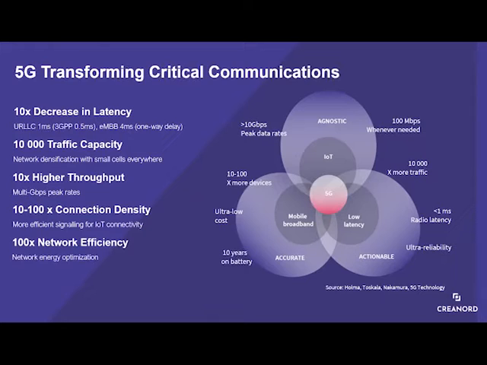A third advantage of these networks are the massive machine type communication improvements with the capabilities to have 10 to 100 times more device densities and also with highly energy efficient IoT communication options. And last but not least, the enhanced security features of 5G combined with the private networks capabilities and slicing are perfectly suited for critical communication use cases.